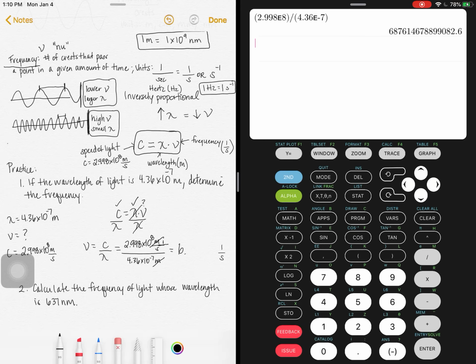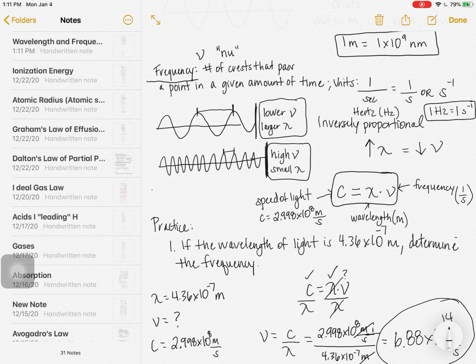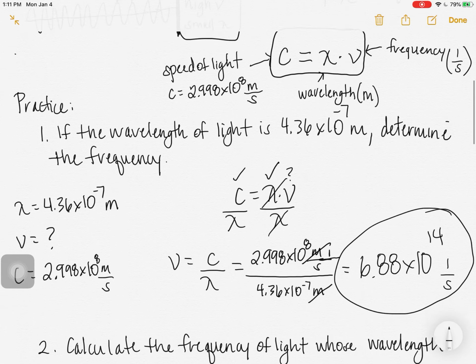Now let's talk about sig figs for a second. My gosh, it's been years since we talked about that. I have 4 sig figs divided by 3 sig figs, so I'm going to keep 3. So 6.88, times 10. I already forgot my number. I think it was 14. Times 10 to the 14th, seconds to the -1st is my frequency. Okay, I'm going to get rid of my calculators for a minute so that I can have my whole